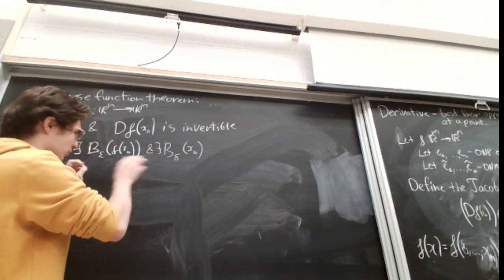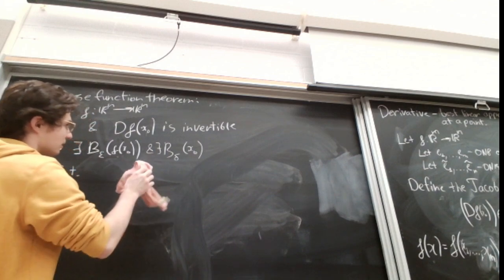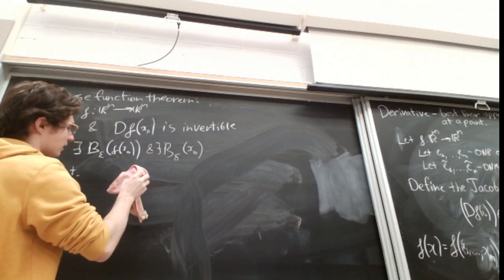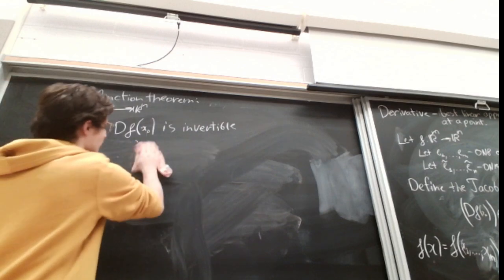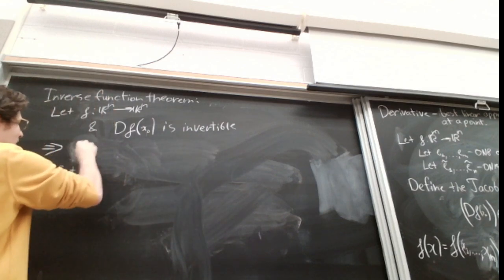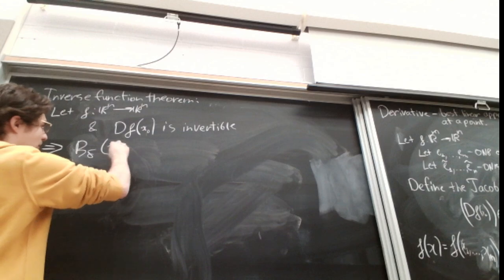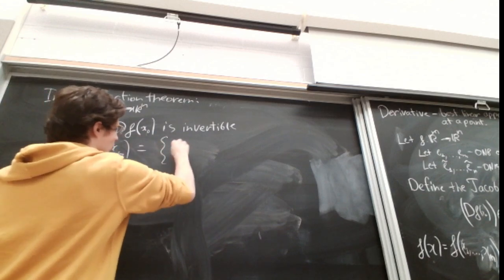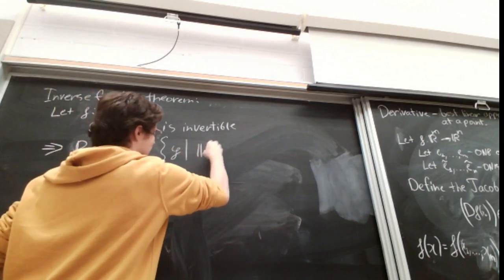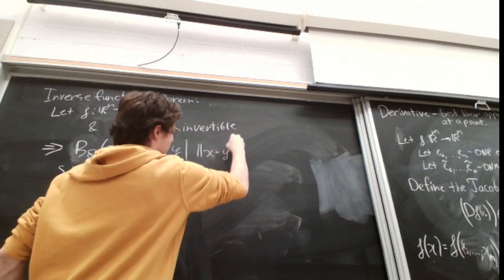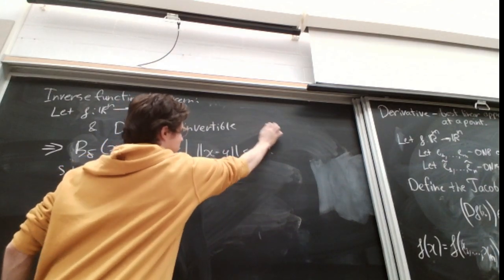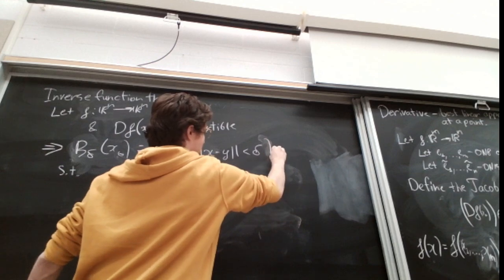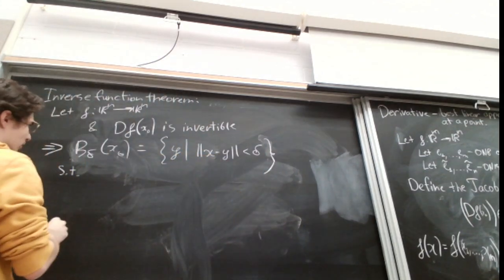That's the problem. It's like two open sets. So let's say this way: there exists a ball of radius delta around x naught, which is really just all y such that the distance between x and y is less than delta. Okay, such that